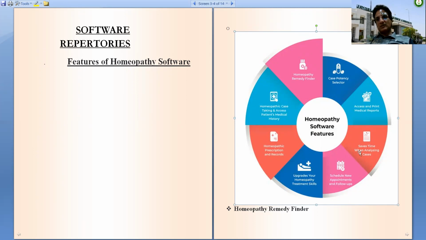So these features a software repertory should contain to help in your practice.